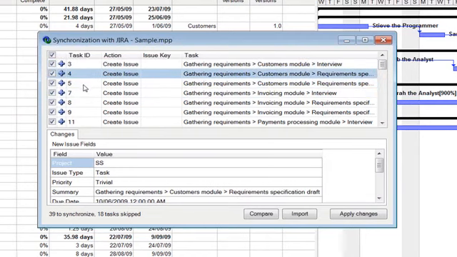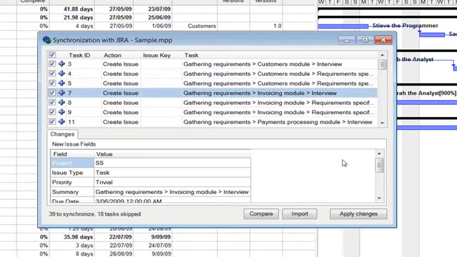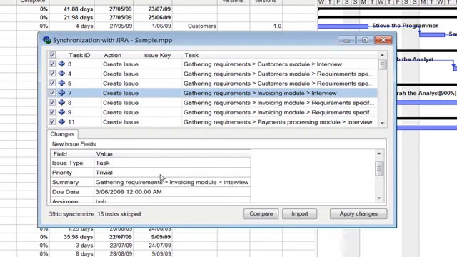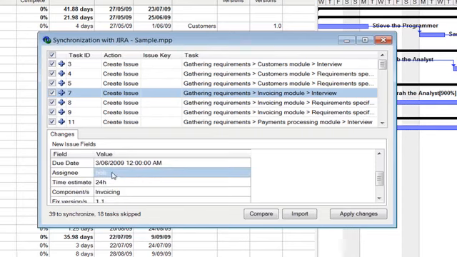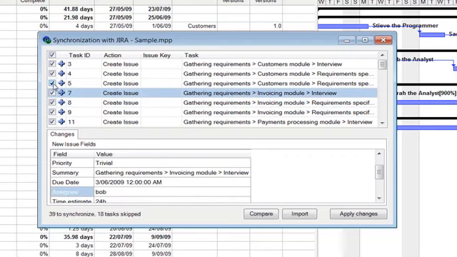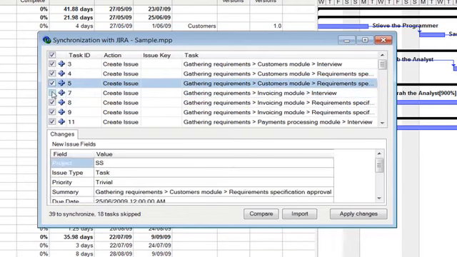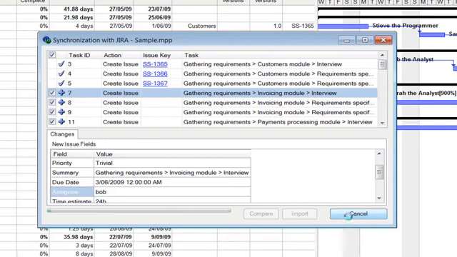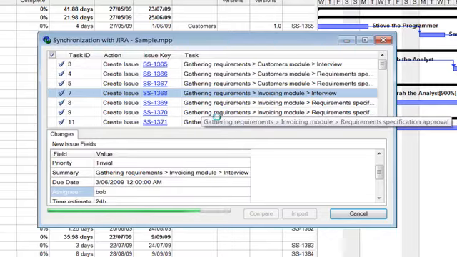For each of these issues, we can select the issue, and we can browse the values of the fields it is going to create. And if we don't want to create some of the issues, we can uncheck them, and they won't be created. So that's our list of the issues to be created. I click this button to apply changes, and at this point the bridge creates the issues in JIRA,